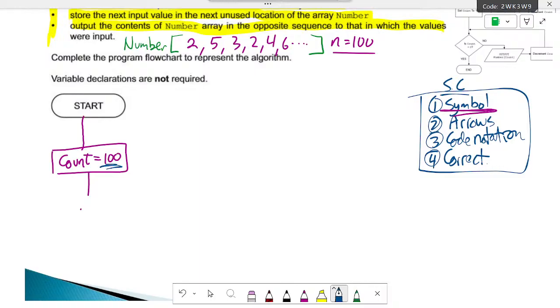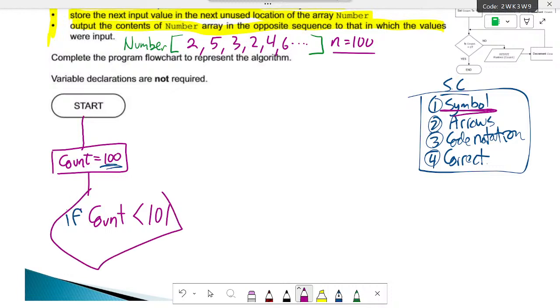So if my count variable is, if you're using Python, less than 101, okay, I use the diamond. If this is true,